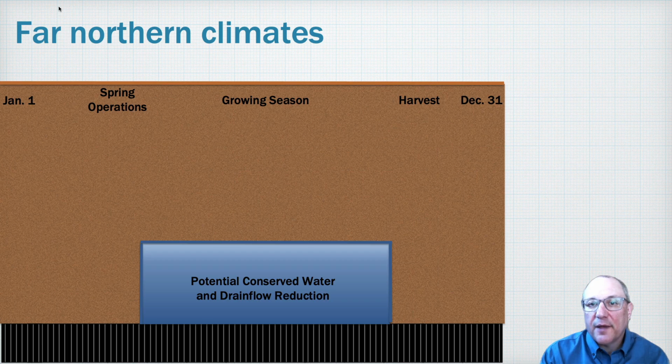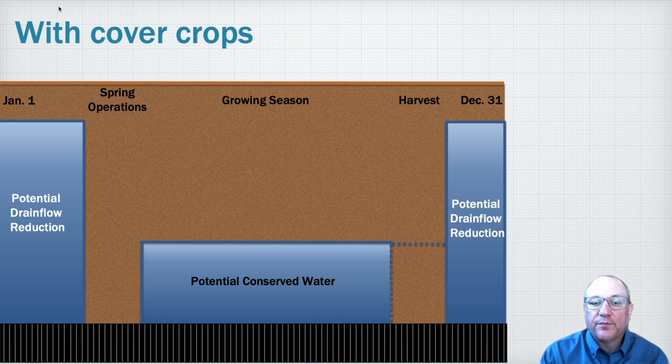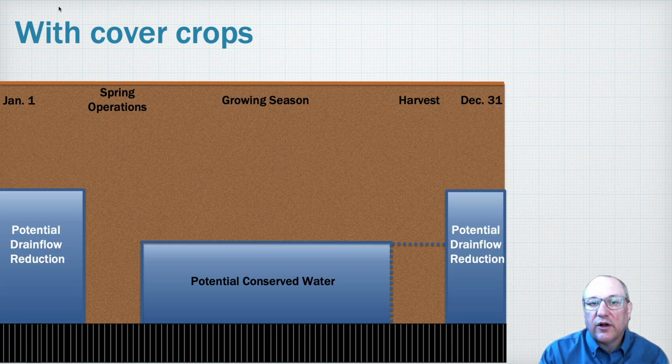In far northern climates, like northern Minnesota, North Dakota, and up into Canada, it's often recommended to remove the stop logs over the non-growing season to prevent control structure freeze-up, which can delay drainage in the spring until the structure thaws. If cover crops are part of the cropping system, instead of winter conservation mode with the outlet within a foot of the soil surface, a lower outlet elevation is used to limit damage to the cover crop and allow for more growth of that cover crop.